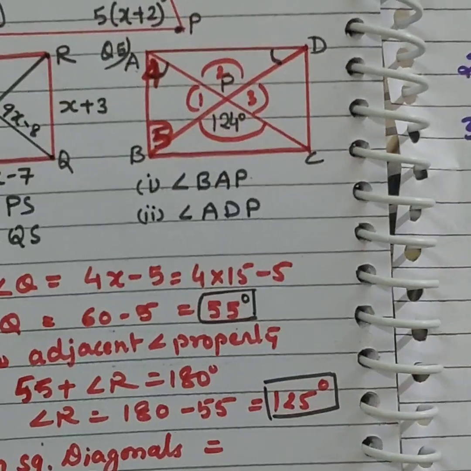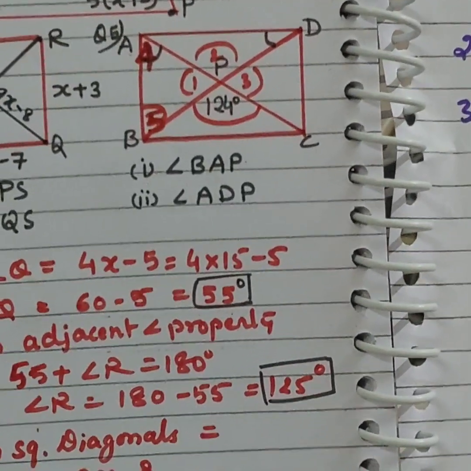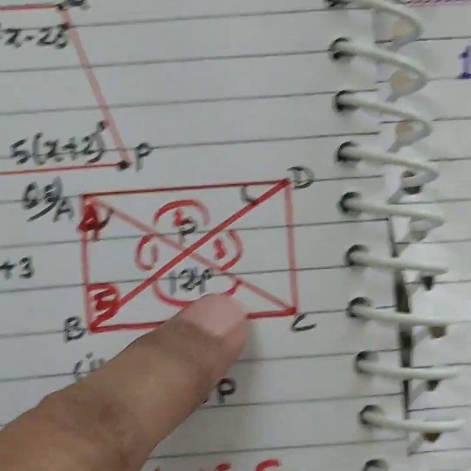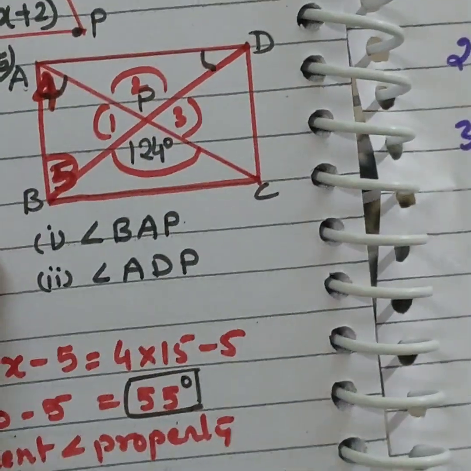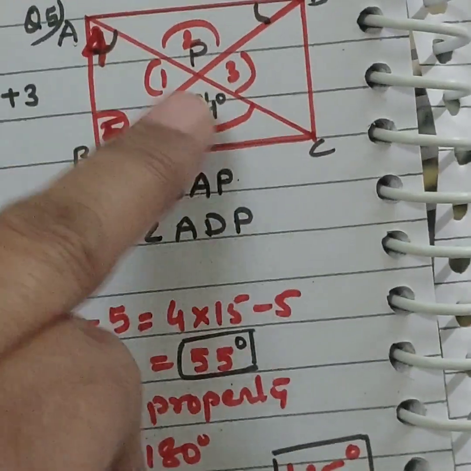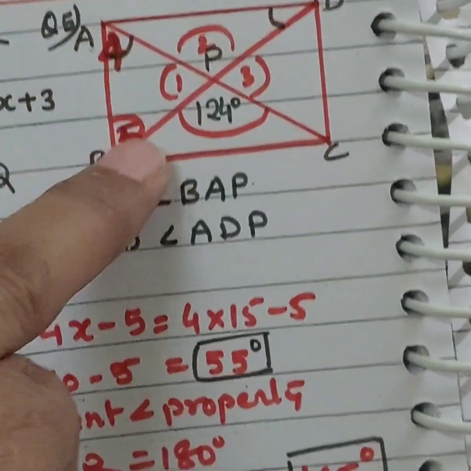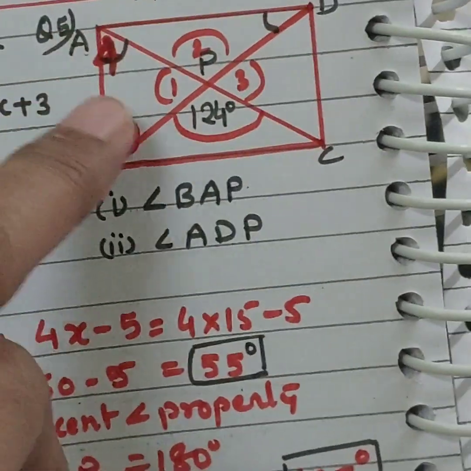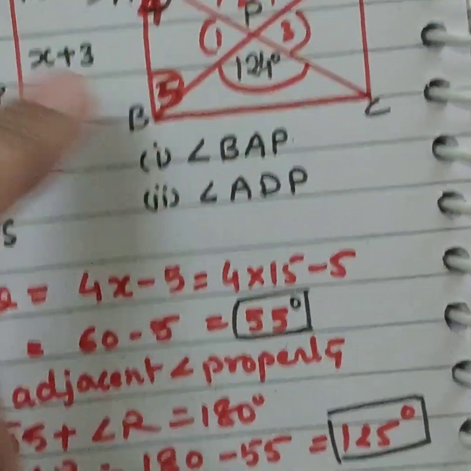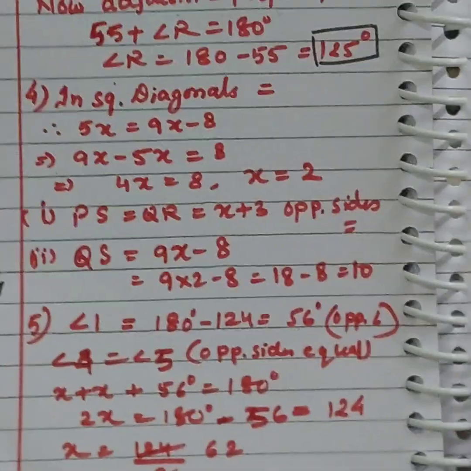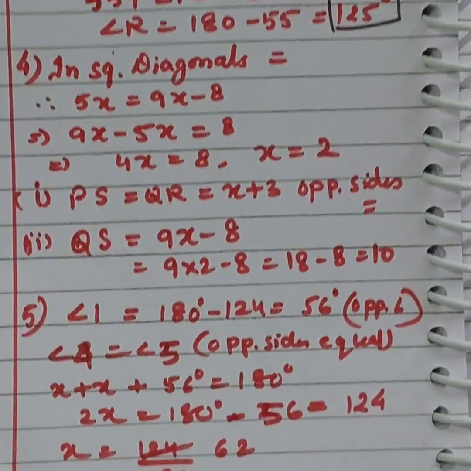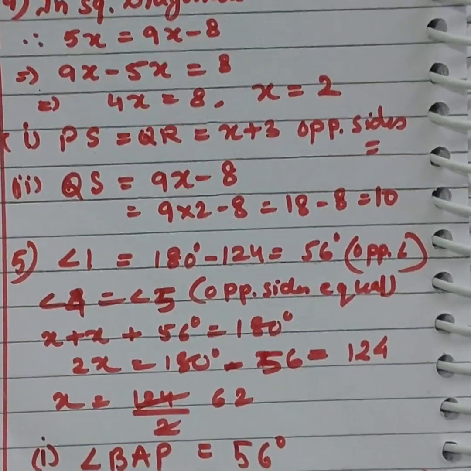Now you have to use your brain. Angle 4 equals to angle 5 होगा क्यों? Because diagonals are equal and they are bisecting each other. So go through it. Diagonals are equal. This diagonal is equal. This is equal to this. है ना? They are equal to this. So if they are bisecting each other, so all diagonals, half of this diagonals are equal to each other. तो यहाँ पे आप बोल सकते हो ना कि this diagonal is equal to this. तो angle 4 equals to angle 5 हो सकता है. Yes, of course. So it is isosceles triangle. So angle 4 is also 62 and angle 5 is also 62. First you make the diagram, then try to understand.